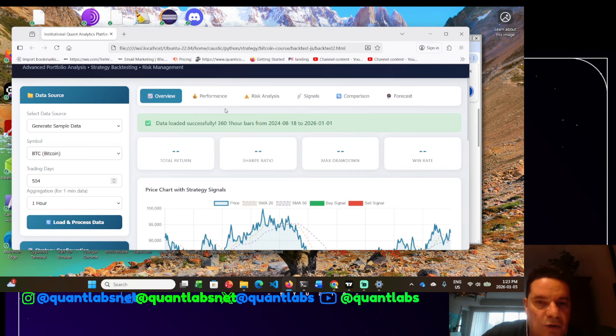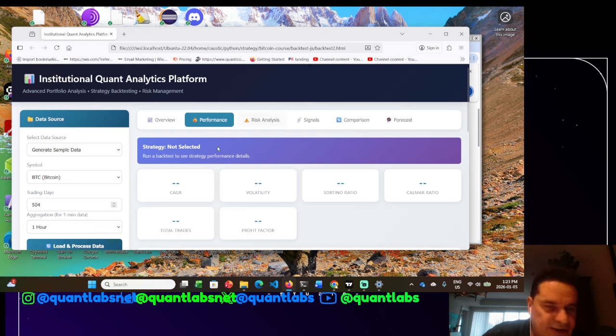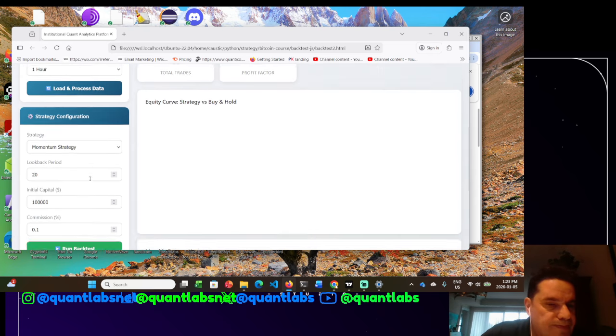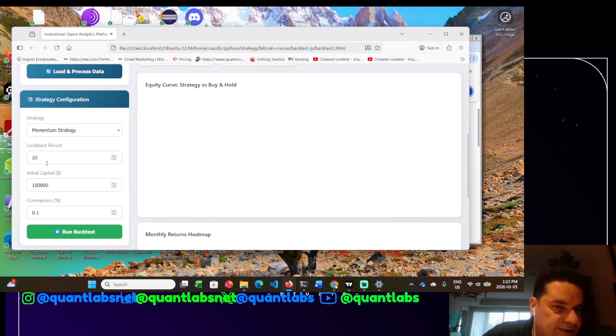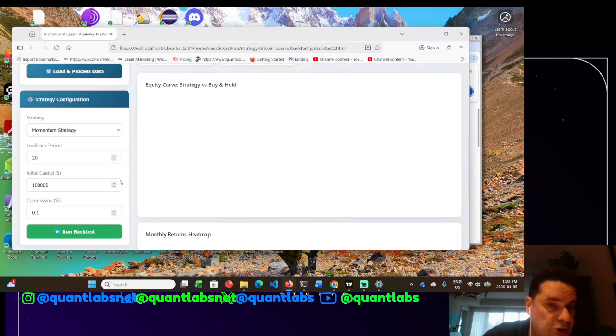Now, I've always said this before. So you could see here, we don't have the metrics yet for performance, risk analysis, all that loaded in. But when I run a back test with a look back period, initial capital, and so on and so forth, we have different technical types of analysis that we can look at for these different types of backtests. Totally different type of scripting when it comes to Python. Same prompting, just swapping out JavaScript to Python. But this is pretty sophisticated now with JavaScript.